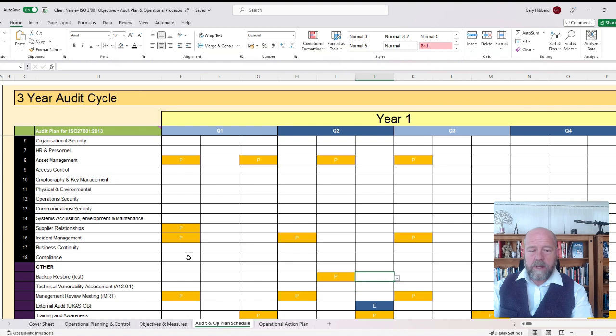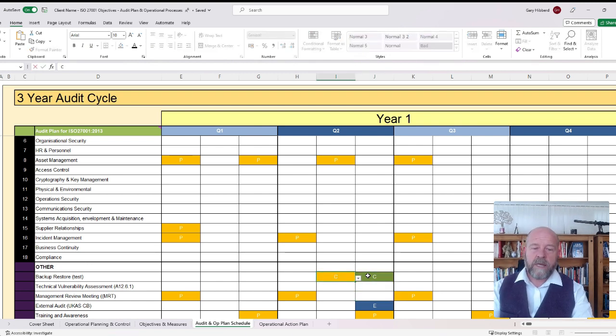With these tabs here, we do allow 3 conditions. And again, you can do this or not bother. It's totally up to you. But if we choose the C, it just simply means that that audit has actually taken place. And it should go to green. And that just means that the audit has been completed.